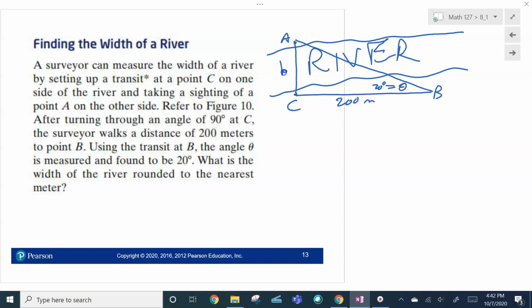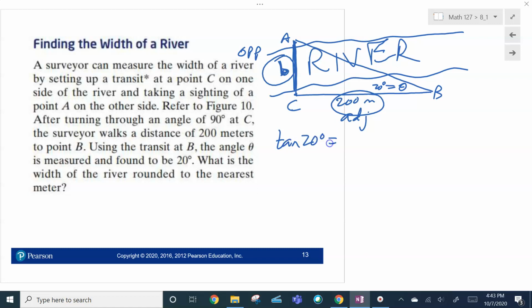So we want to know b right here, the width of this river, rounded to the nearest meter. I've got this 20-degree angle and I want to know the opposite side, and I have the adjacent side with respect to angle theta, this 20 degrees. So opposite over adjacent